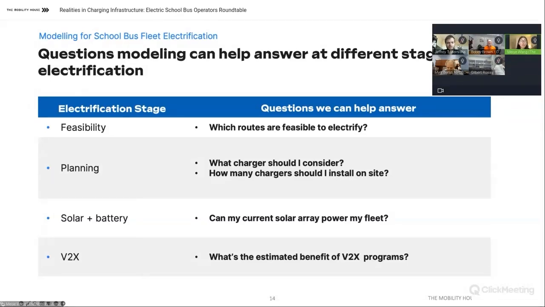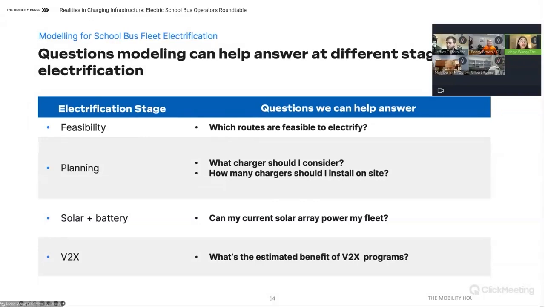And if you are further down the road where maybe you have purchased your vehicle and you've made a plan on electrifying certain routes first, then you might be thinking about chargers and infrastructure planning. You will be asking, what chargers should I consider? And how many of each of these chargers should I install to make sure the operation is successful? And if you're more on the financial side of consideration, you might be asking, how much is charging actually going to cost? And what is the optimal way to charge my vehicle that is